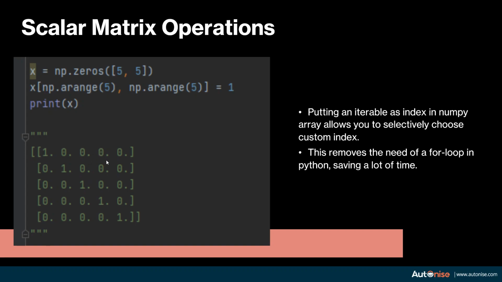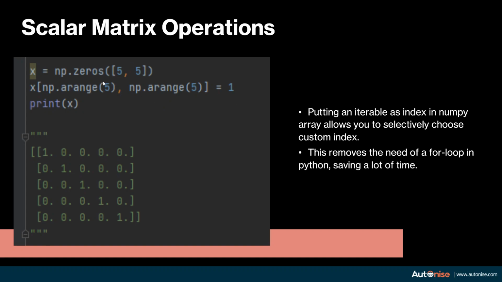If you want to set a different number on different coordinates, let's say a coordinate of 0, 3, then you can create an iterable or a list which has 0 in the row dimension and 3 in the column dimension. You can create a list of it, and then you can set its value to 1.